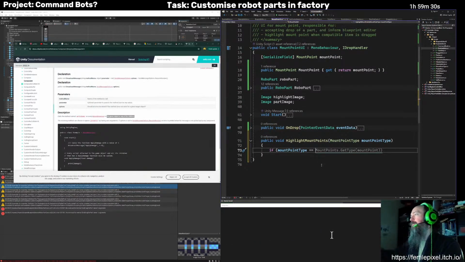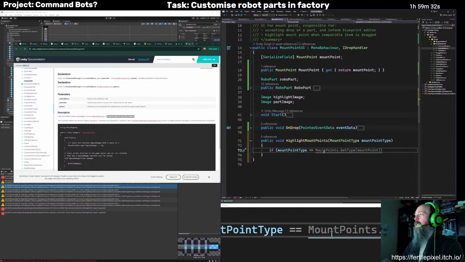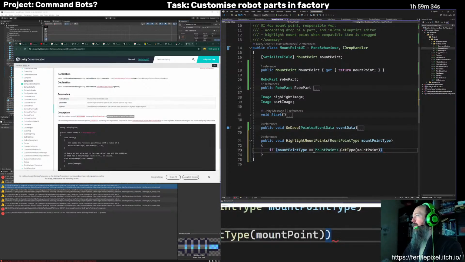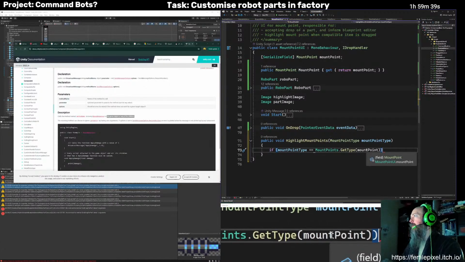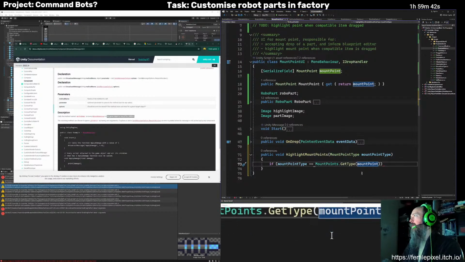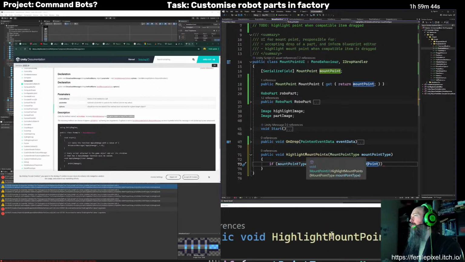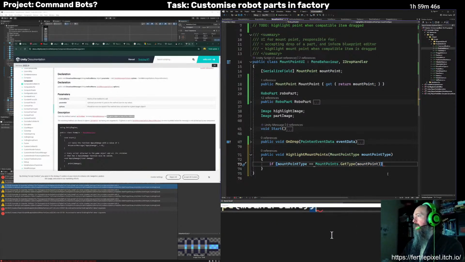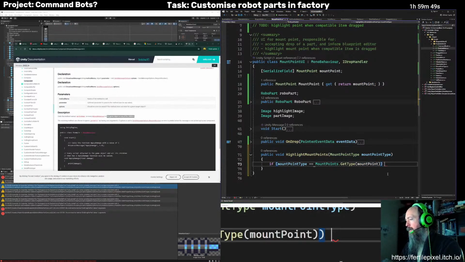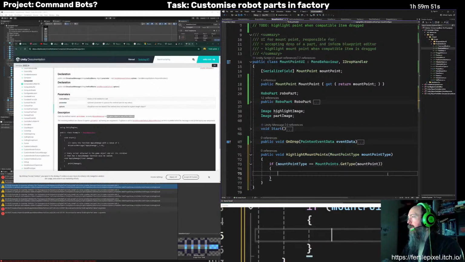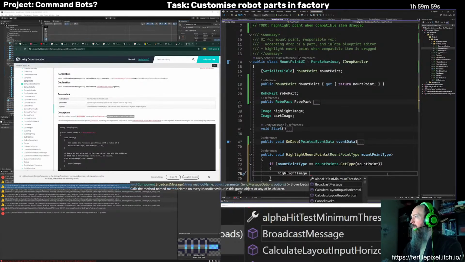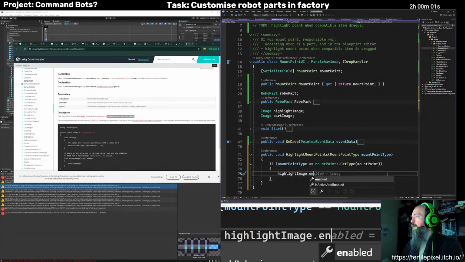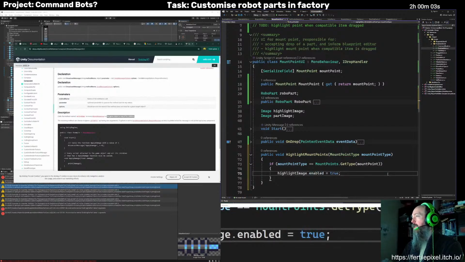Oh, well, that's exactly what's suggested just here. So if it is the appropriate type, then we want to start doing highlighting. And we just want to enable that, I guess.